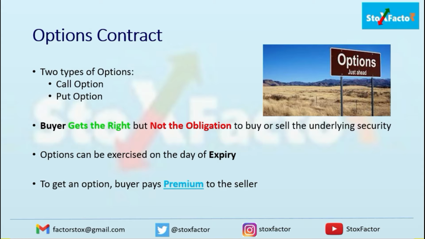Friends, in our day-to-day lives also we are dealing with options, like when you're buying an insurance policy, or car insurance or medical insurance. Those are kind of options only, because you are paying the premium in the primary market only. So you can consider buying an insurance policy as a primary market. So you are buying the insurance policy and you are paying a premium, right?